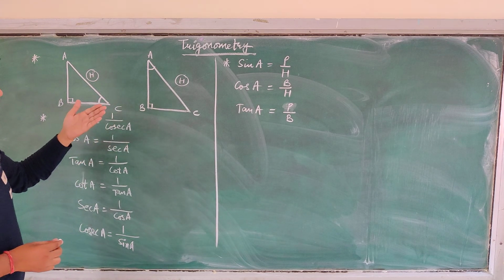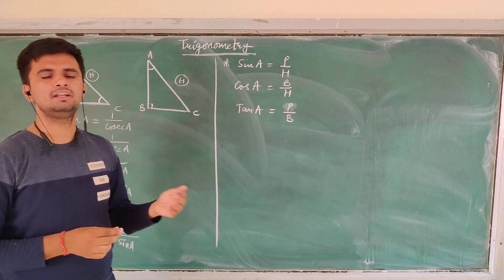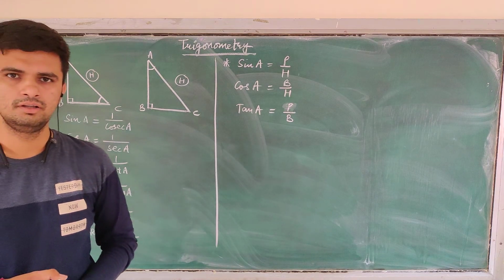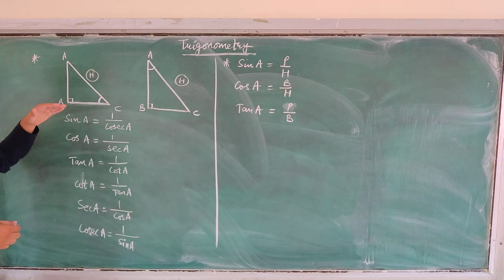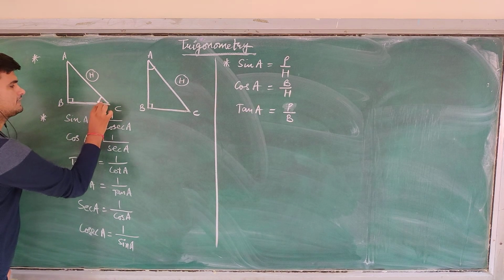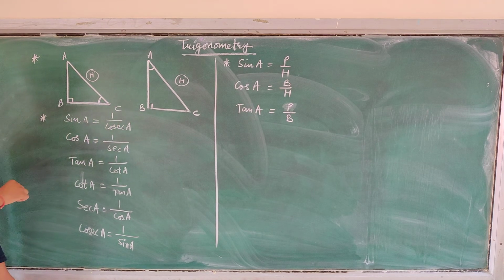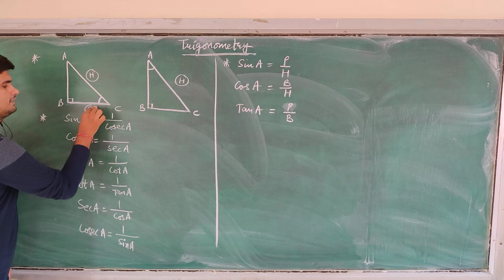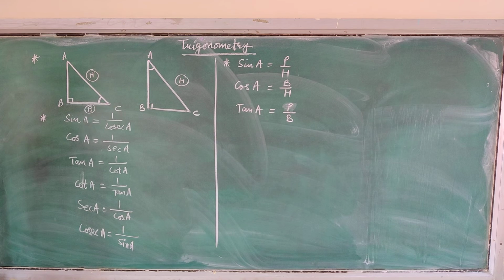Right? Now, what is the perpendicular and hypotenuse? We did in our lower classes, h square is equal to p square plus b square. Right? But what is P, perpendicular, and what is B here? See, the line which makes angle with the hypotenuse is called the base. Right?